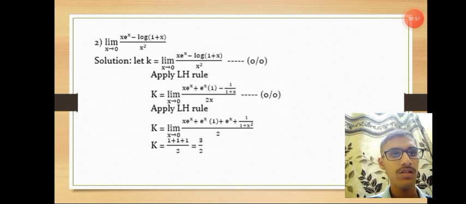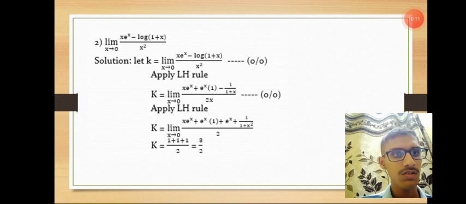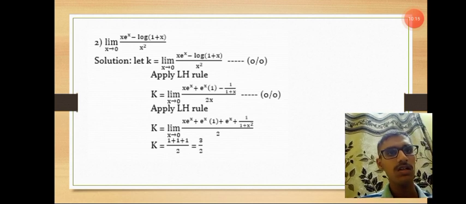We apply product rule to x into e to the power x. We get x into e to the power x plus e to the power x into 1 minus differentiation of log of 1 plus x, which is 1 divided by 1 plus x, whole divided by 2x, that is